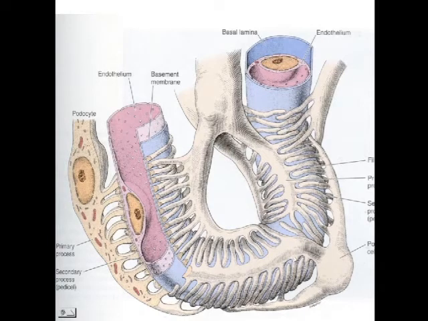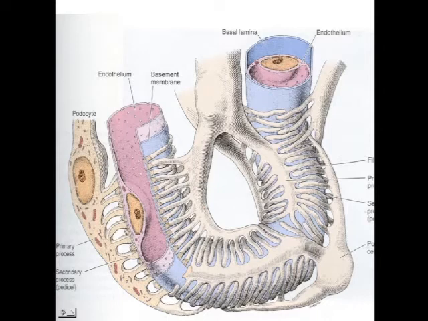Electron microscope shows that a podocyte contains an irregular nucleus and its cytoplasm has a small Golgi body, many mitochondria, a moderate amount of rough endoplasmic reticulum, and abundant free ribosomes. And there are numerous microtubules and actin filaments, and these are found in the cell body and in the primary and secondary processes. Because of the presence of the actin filaments, it is indicated that the podocytes have some contractile capability.